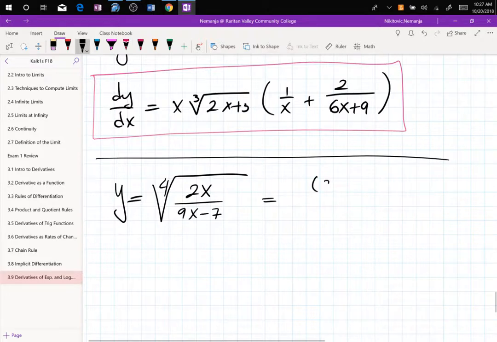So what I have is 2x to the 1/4 divided by 9x minus 7 to the 1/4. As you split this, and then you have your ln